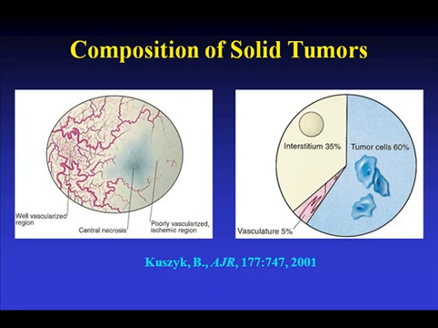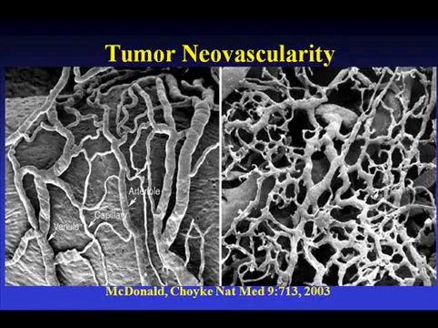Finally, I want to just briefly mention the use of contrast. With tumors, one really needs to look at the capillary blood flow. Tumors have areas of increased interstitial pressure due to necrosis. This is a beautiful scanning electron micrograph of the difference between the vascularity of normal, with an artery going to an arteriole, going to a capillary, going to a venule, versus on the opposite side, a very tangled vessel with